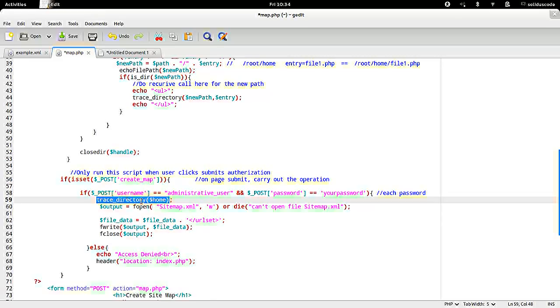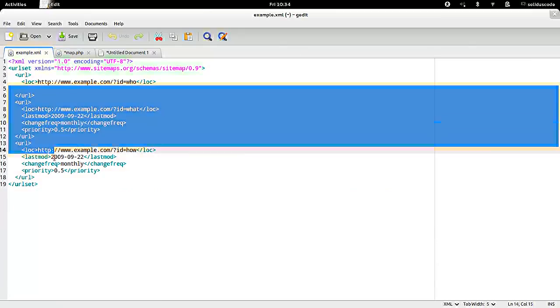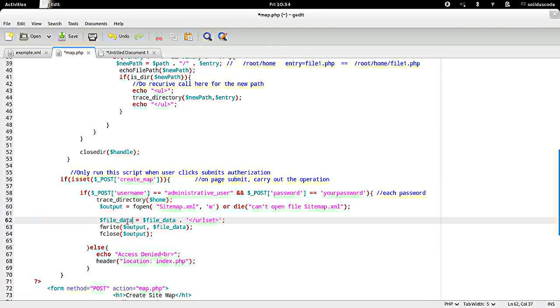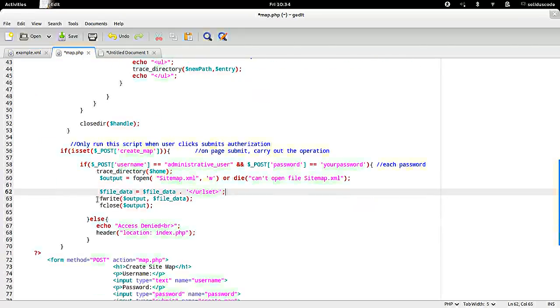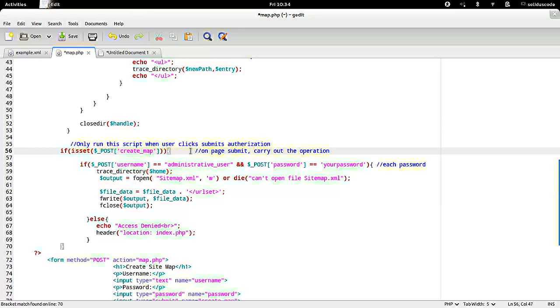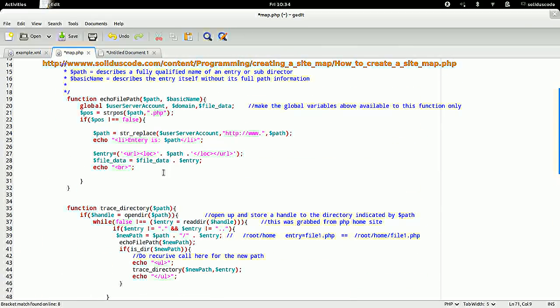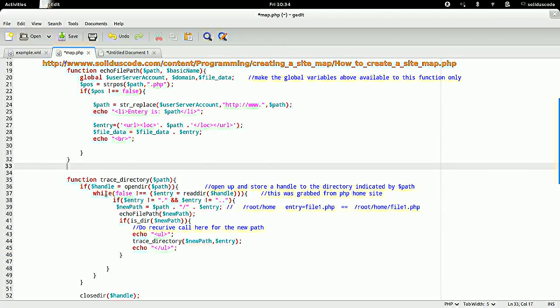From here, after this function is done executing, our file data should be initialized with all of our file entries for our website. And at the end, of course, we have to add this tidbit as we see here. And the only thing left is to write it to the file and then close the file. And that's all there is to writing a sitemap generator. From this point, what you can do with the sitemap is to go to your Google web developer page and inform Google that you want to upload a